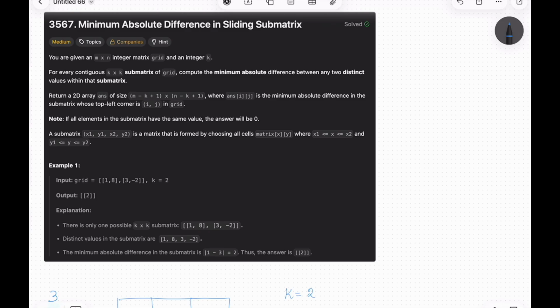Hello all. Today we are solving LeetCode problem number 3567, minimum absolute difference in sliding submatrix. So you are given an m cross n integer matrix named grid and an integer k. For every contiguous k cross k submatrix of grid, compute the minimum absolute difference between any two distinct values within